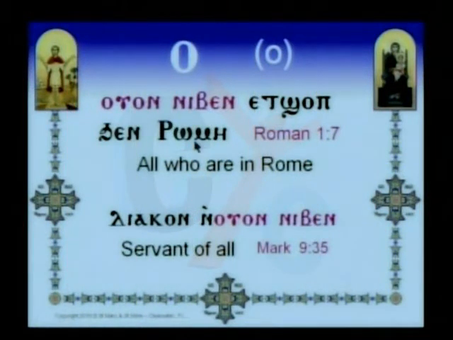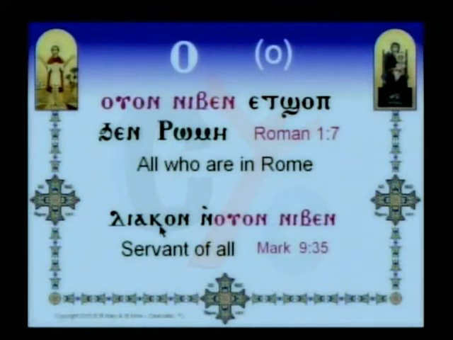Here St. Paul, when he writes to the Romans, he is writing this to Uon Neven et Shop Chen Romi. Romi means Rome. So Uon Neven, everyone, et Shop, also being present, or in body, he's there. So everyone who is living there or being there, in Rome. Uon Neven et Shop Chen Romi, all those who are in Rome.